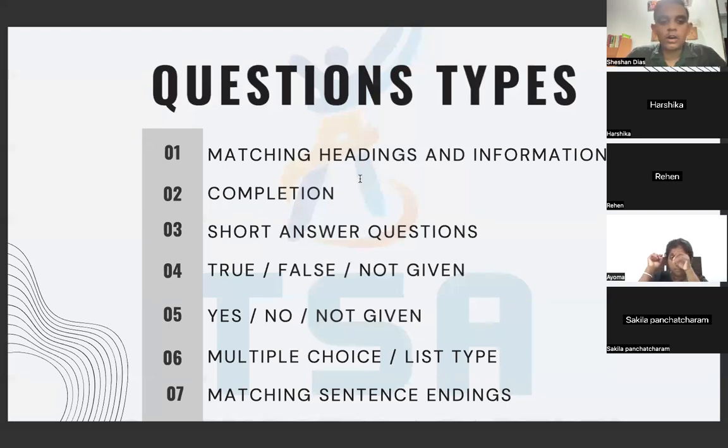Yes, pencil throughout. Listening, reading, writing, all three, pencil only. Don't use the pen. Here someone has put IDP prices for paper-based test is 74,000. So that means prices have gone up. I was not aware of that, but prices have gone up.